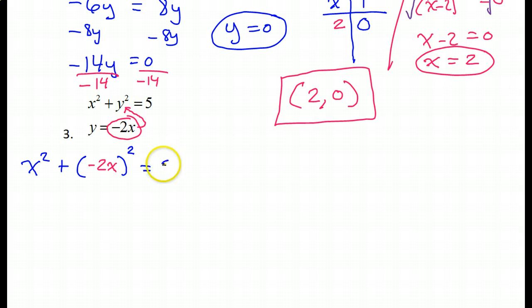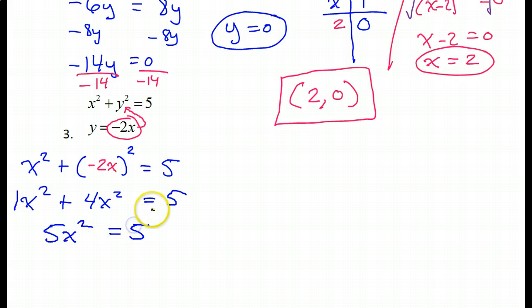Okay, and equals 5. So just do the substitution, I think, is the easiest and best way to go. So now I have all x's, so this is beautiful. So I'm going to keep my x squared. Now if I square this, it's going to give me positive 4x squared. You know, negative times negative is a positive. And that equals 5. So this is like 1x squared plus 4x squared, so that's 5x squared